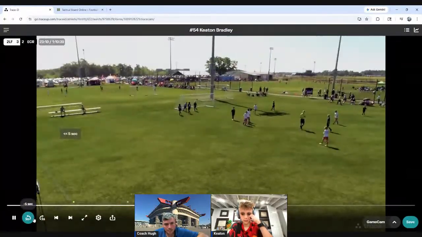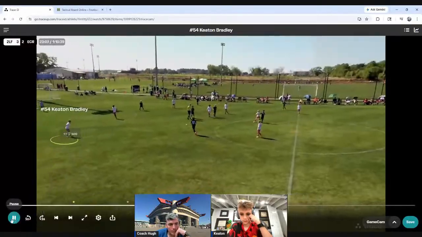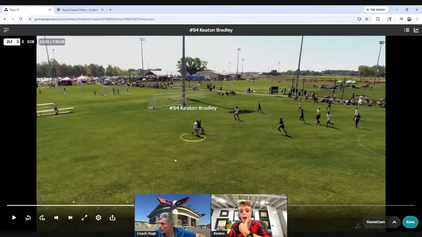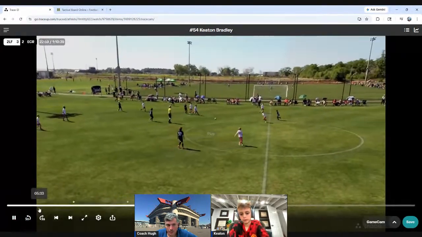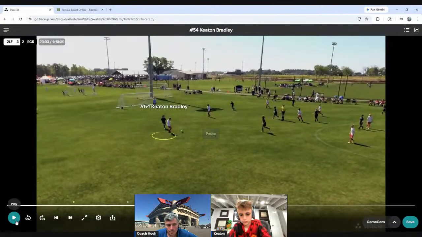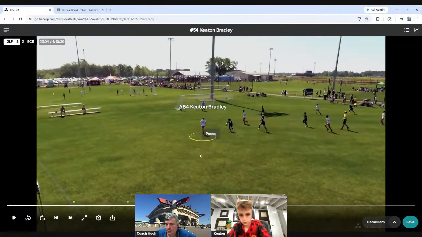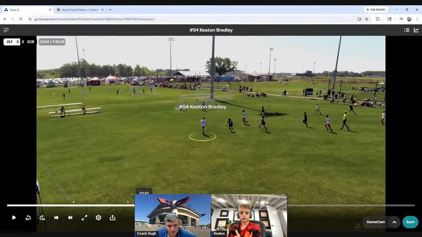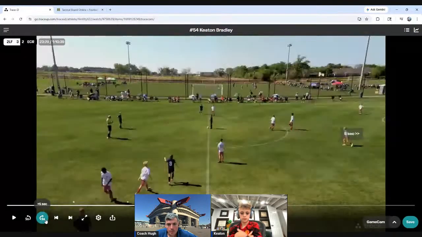Let's go one more time. One thing you probably could have done, it was a little tight. Notice how close the ball gets to that defender, right? You see how close it is? I would have tried to angle it a little bit more to Josh, but what you did do with this pass is that you put it in front of him. It is a little soft as well. He's got to come back to it. A little bit more power, a little bit closer to him, but for the most part, great idea. Got the ball off, got the assist. So good job. Let's keep moving.